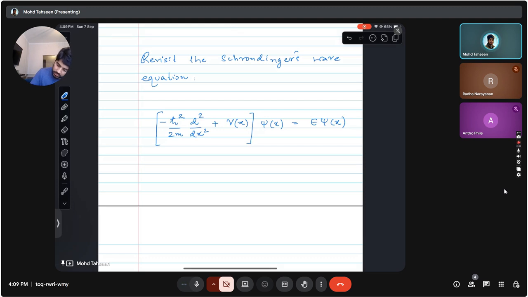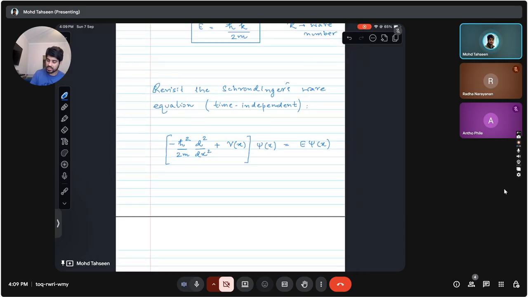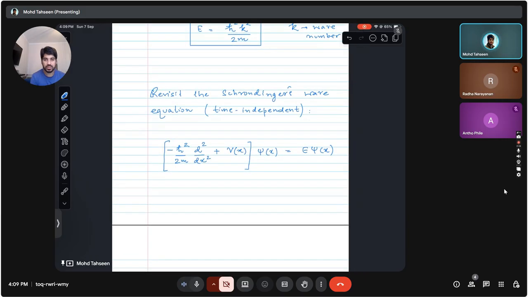I should probably write here time independent. So this equation, if we try to solve it for this electron which is confined in a potential well,